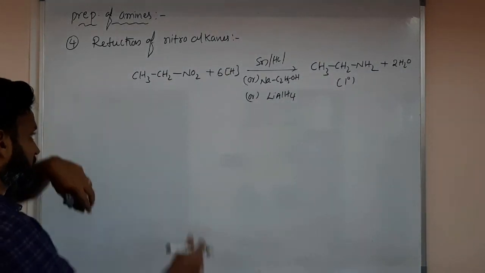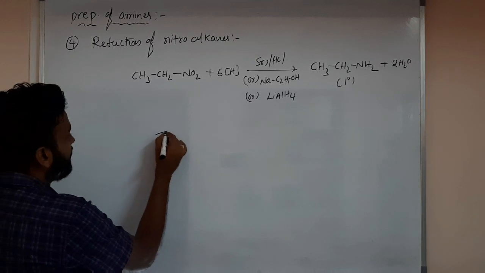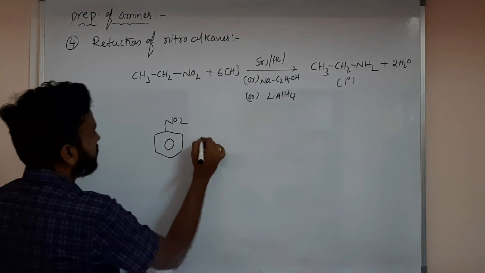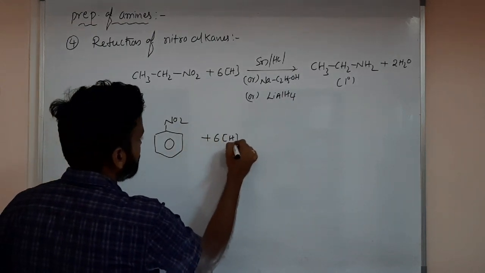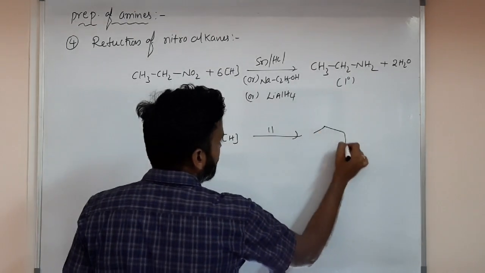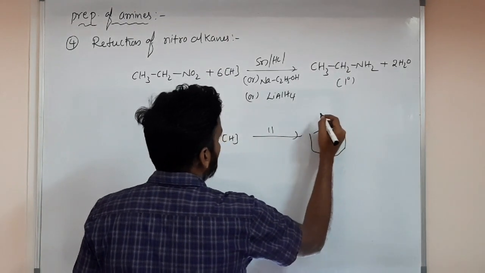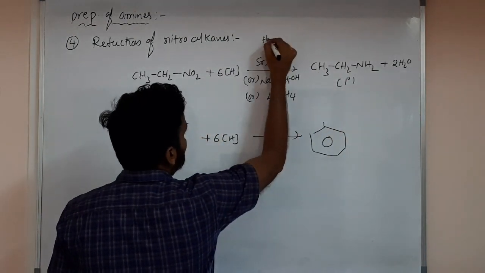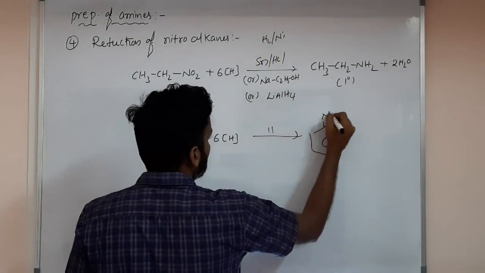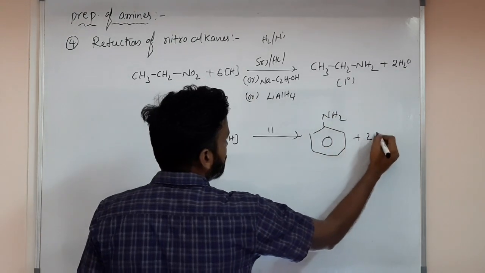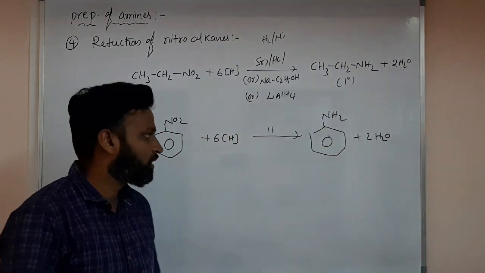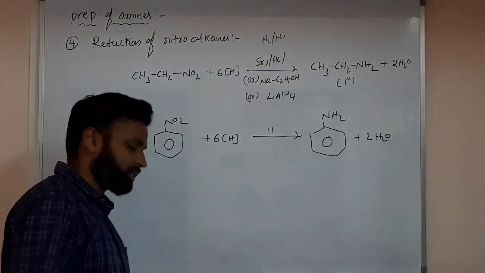So any amine, even C6H5NO2, same story. C6H5NO2 with 6 moles of hydrogen, the same Sn by HCl if you are using, then you will get this. Even H2 by nickel, anything you can use, and here you will get NH2 along with 2 moles of H2O. Okay, thank you. Please note it down, and we will continue a few more preparations in our